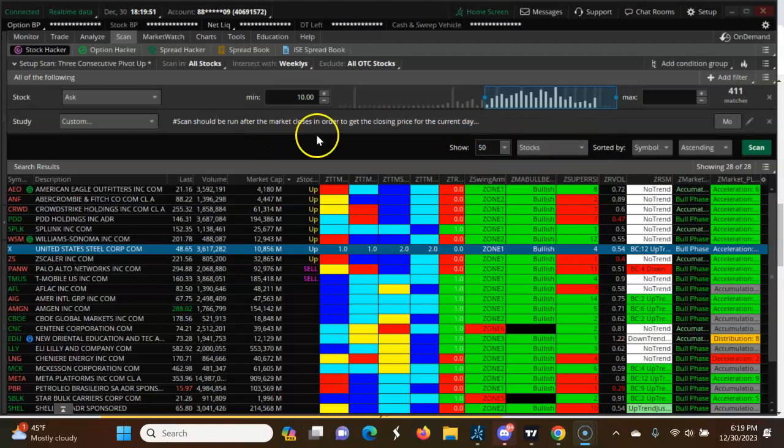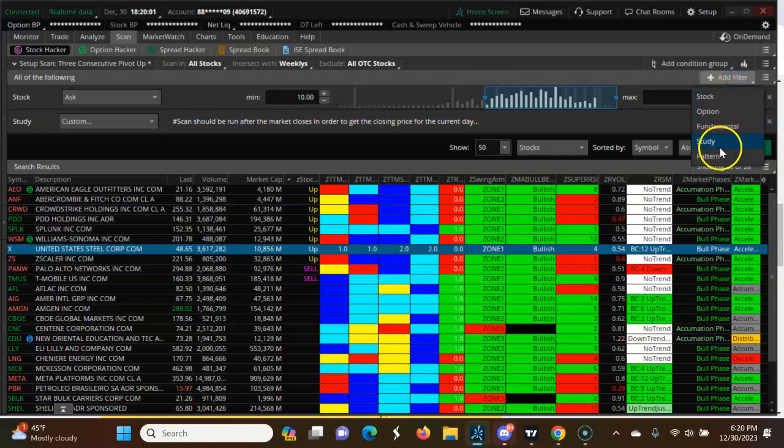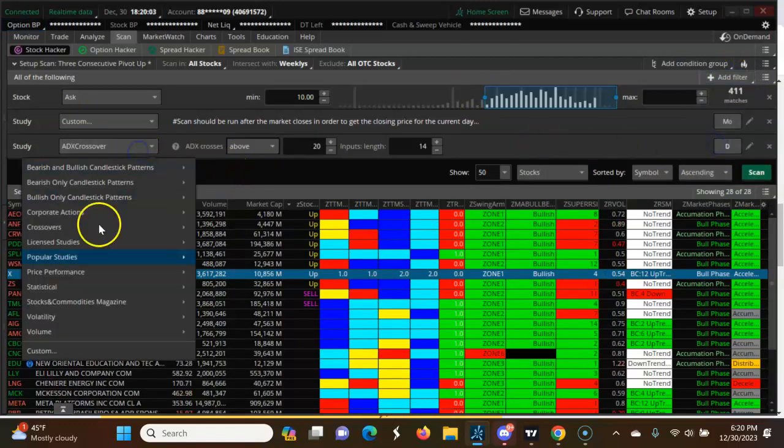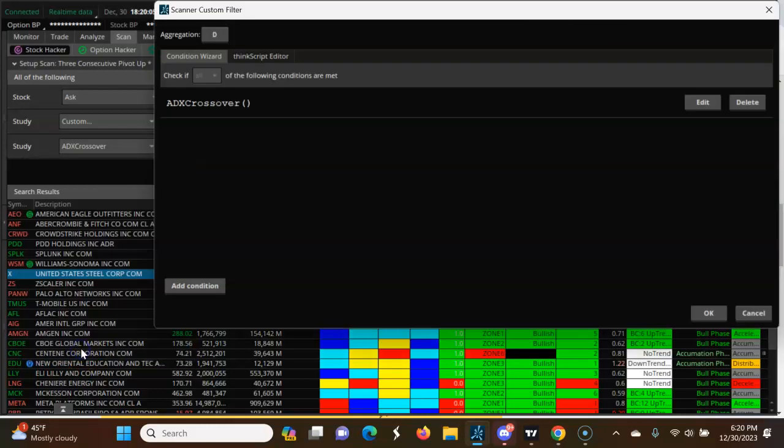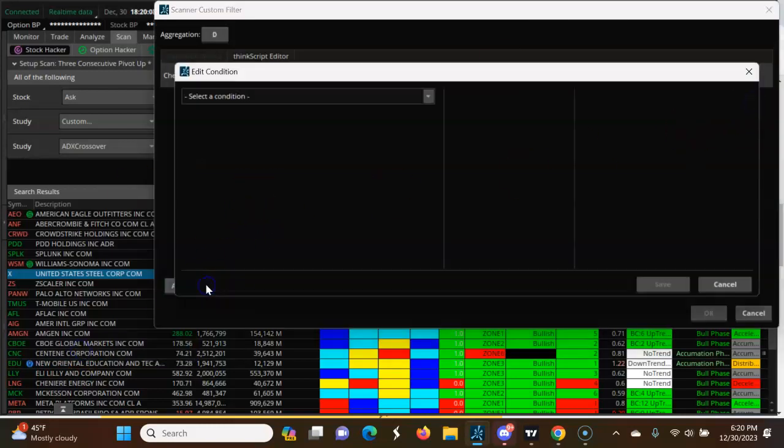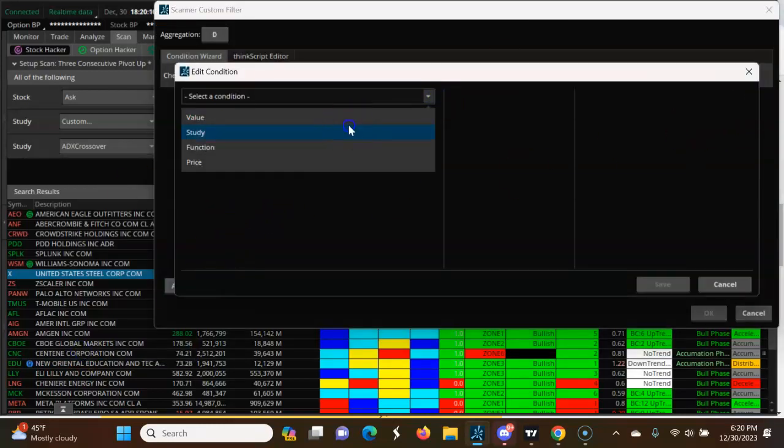So in this video, we're looking at the 3 CPR scan on a monthly time frame. Okay, so we want to do a scan, so we are just getting these kind of results. Okay, I want to add a filter study. See whether I can just see. Try to add one more filter. Okay, study